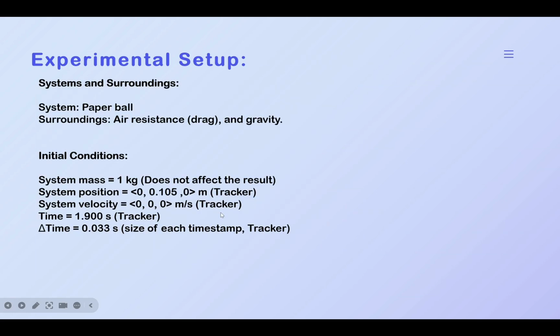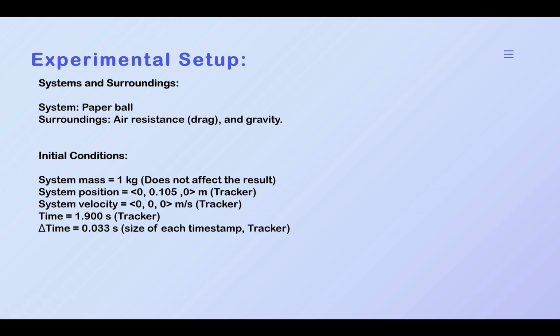Then let's see the experimental setup. The system is a paper ball I dropped, and the surroundings are air resistance and gravity. The air resistance is also the drag force in this lab. Then about the initial conditions, the system mass, I just set it to be 1 kilogram because it does not